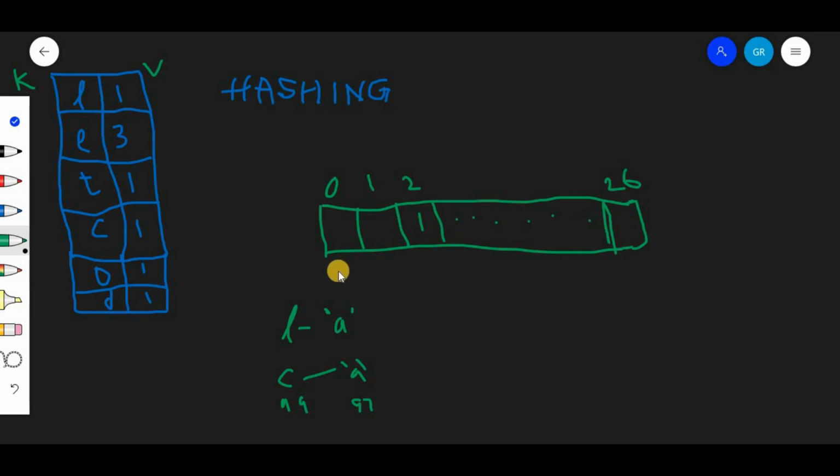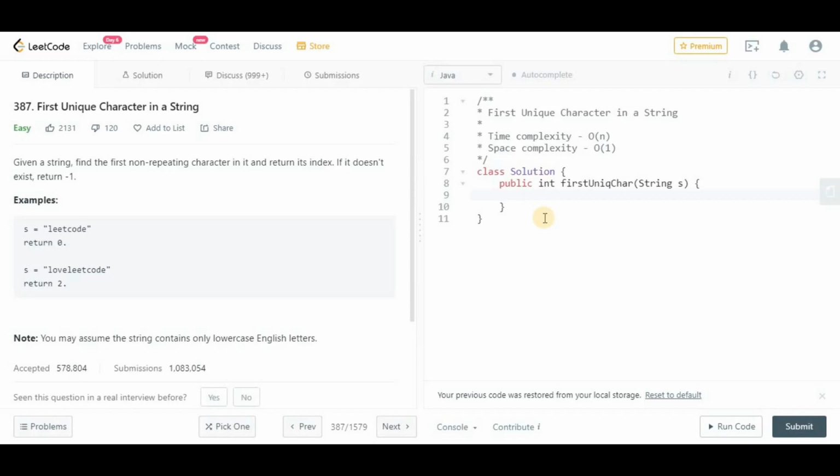Likewise we fill our integer array, and again we will iterate through our string, and if the count of that character is 1, we will just return that. So let's see it in the code. The time complexity of this approach will be big O of n, and space complexity will be big O of 1, because we are only taking one integer array.